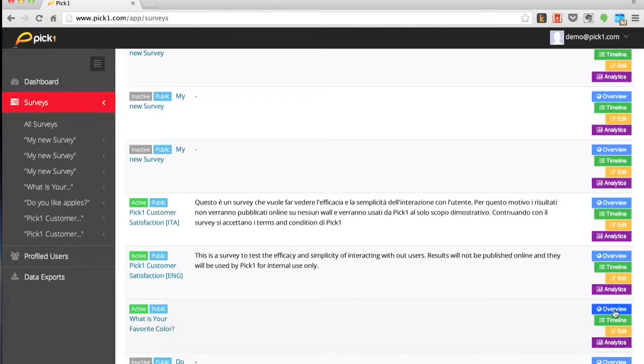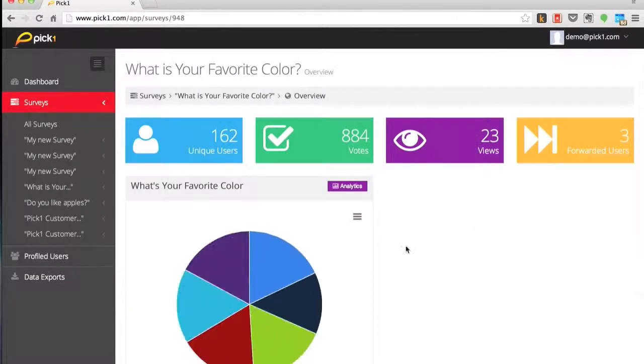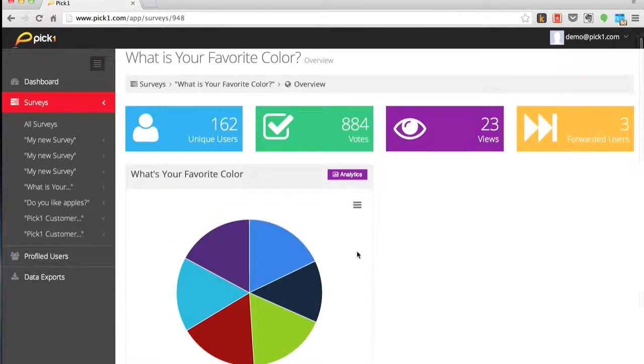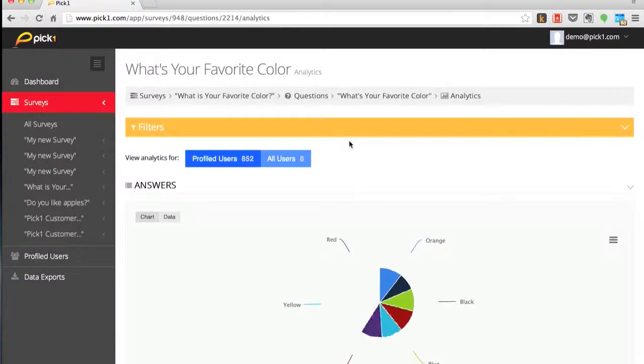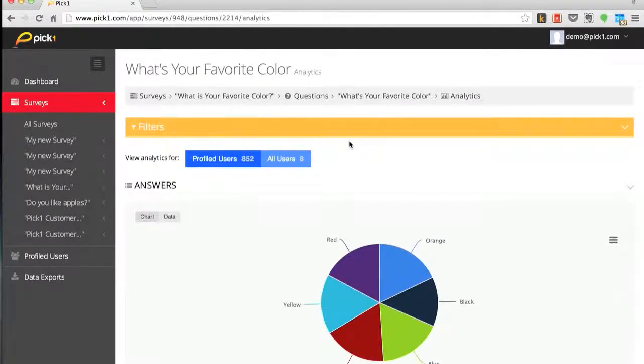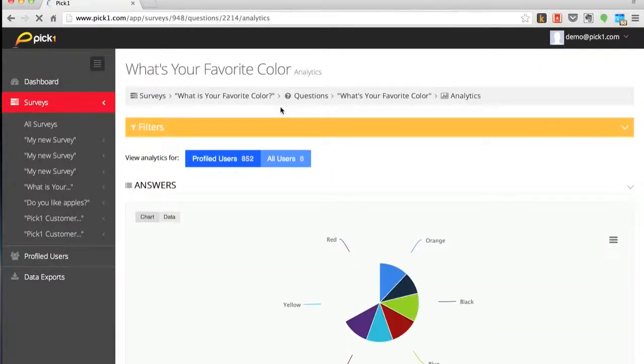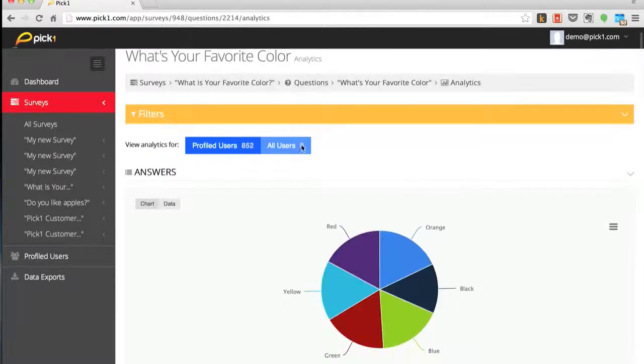In the list of surveys, for each survey, you have a number of options. So an overview, you can see timeline, edit the survey, or show analytics. In the overview page, you can see a breakdown with a chart for each question. In this case, we only have one question. I'm gonna go into the analytics of this question, and here you can see